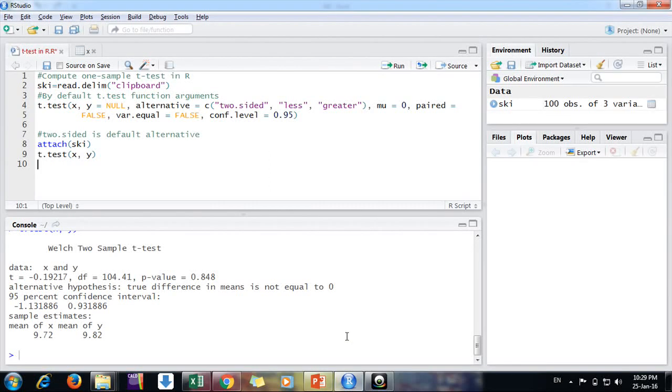Hello friends, welcome. In this video we'll discuss how to do two sample t-test in R using the t.test function. Friends, in my last video I had also mentioned that we need to use the t-test function very carefully because R provides only one function to use t-test for one sample, two sample and pair t-test. So all arguments should be put very carefully.